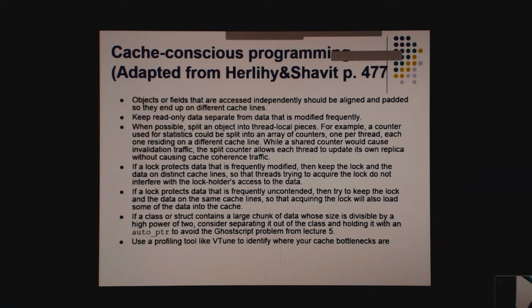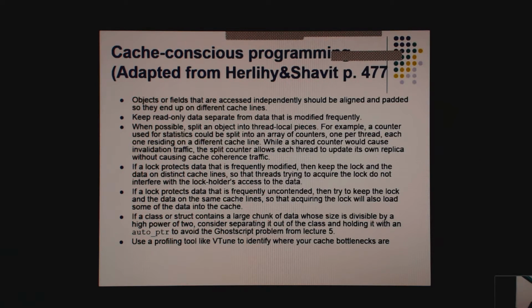When possible, split an object into thread-local pieces, right? So you have fewer conflicts between multiple threads. This is the rule of trying not to share memory between threads whenever you can avoid it.